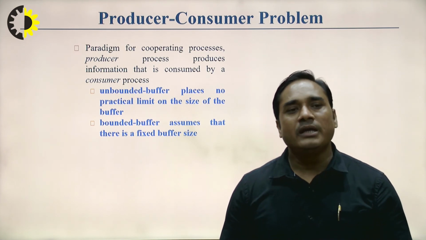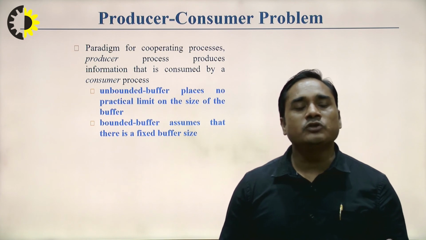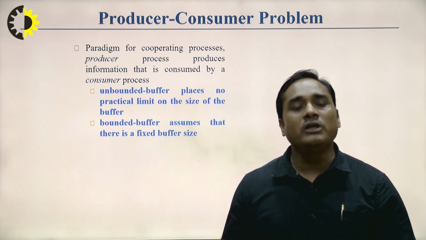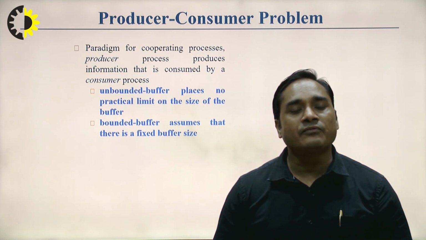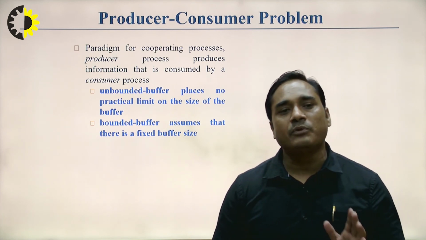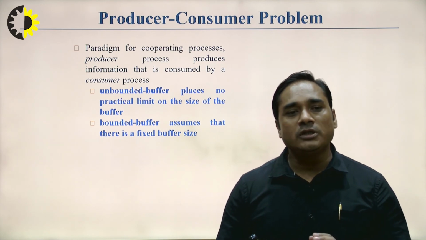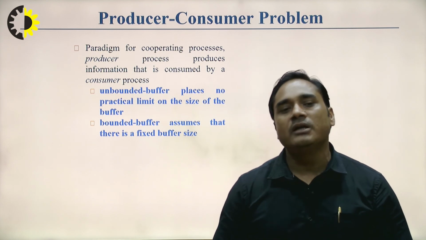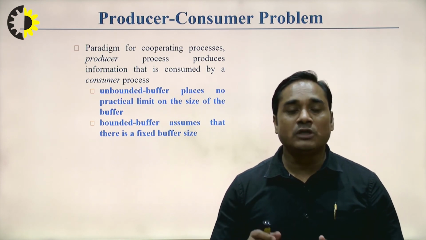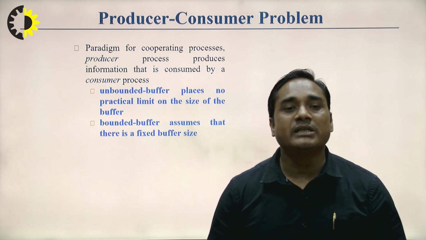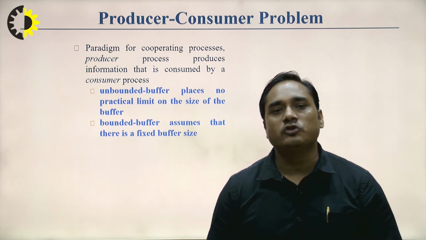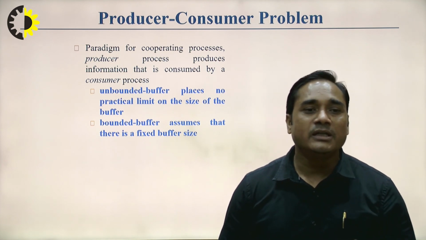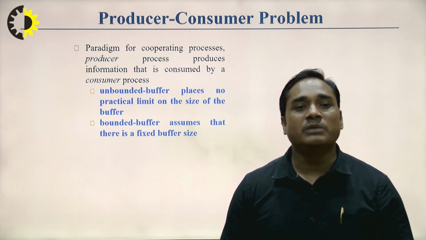For example, if process P1 is producing items and process P2 wants to consume the items, then process P2 only consumes those items. After that, process P1 may stop producing items. So in a cooperating manner, processes P1 and P2 cooperate with each other, and they communicate with each other. They use the common area, the common buffer, at the same time. This is very important for the producer-consumer problem, and they use the common buffer in a bounded buffer or unbounded buffer manner.